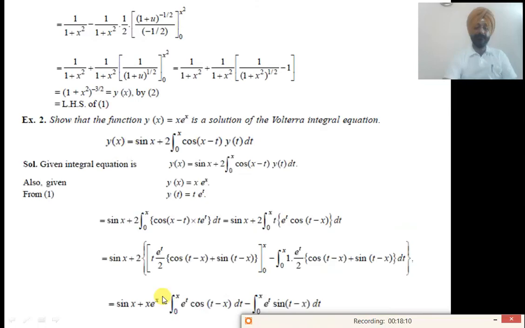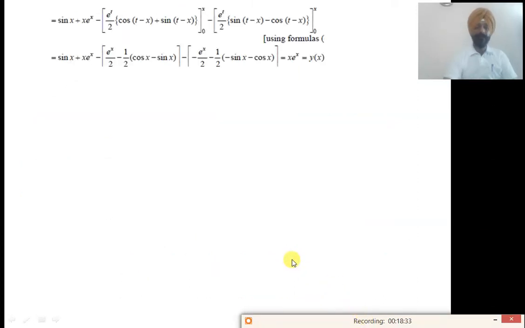Now, this sin x minus the integral from 0 to x of e raised to the power t cos(t minus x) dt, and this integral we find as the integral from 0 to x of e raised to the power t cos(t minus x) plus sin(t minus x). So, this is sin(t minus x), and then it becomes sin(t minus x) cos(t minus x). After putting the